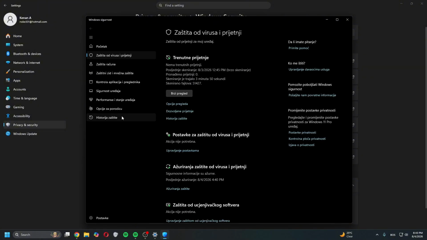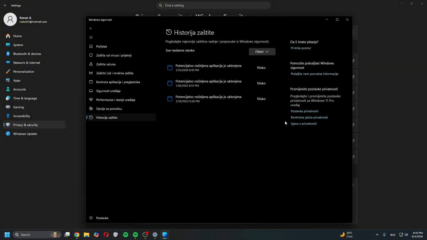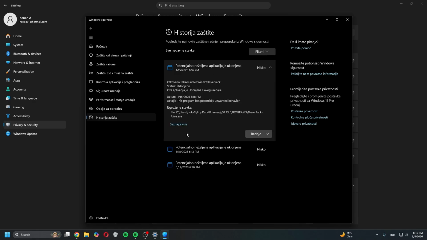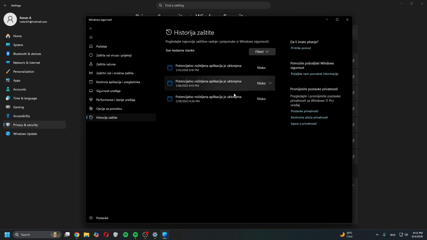Now go to protection history, and here you wanna check if it's blocking the Assassin's Creed here. So if this file is related to your game or to loader 64, you want to allow it. Now if it's not here on the list, the next thing you want to do is